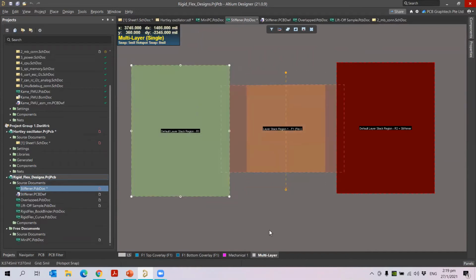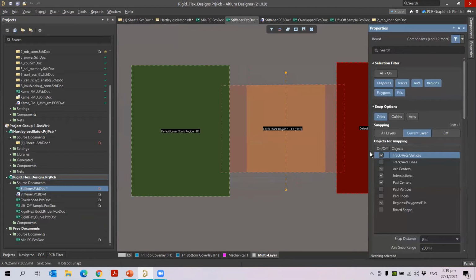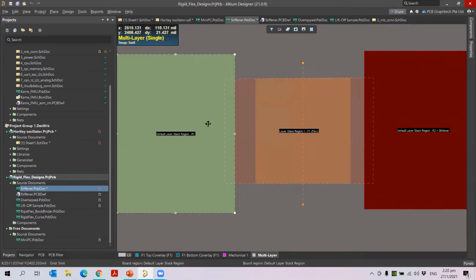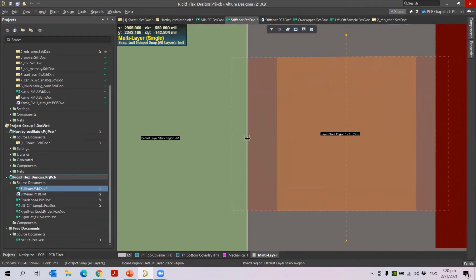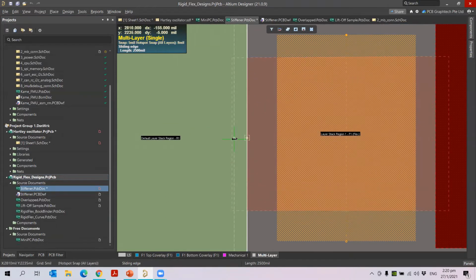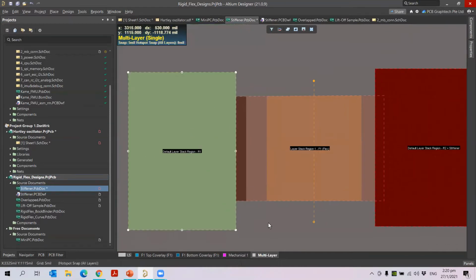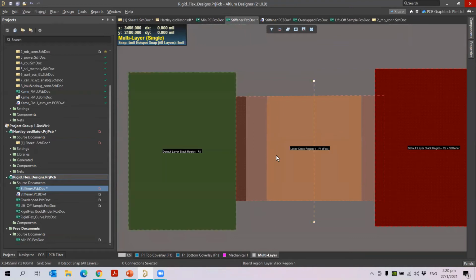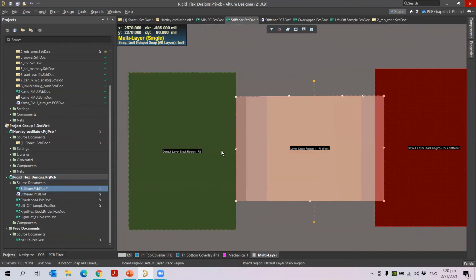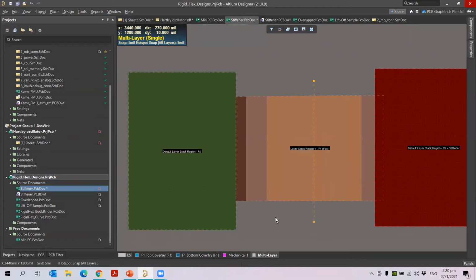To split them, first I will go to the properties here and choose the board shape. Once I choose here, you can see, let me select this center point and drag. Once I select and drag it, you can see the green color circle. It touches the end point, so you can leave it here, and then the board region is adjusted here. Now you can select the region. If you see, they are independent of each other. This was not available in the previous versions, but now you can see all these new features in this rigid flex design.